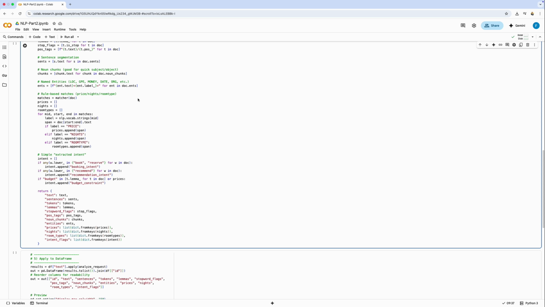After the statistical passes, we add rule-based matches by calling matcher(doc). This returns a list of matches. Each match has a label ID and start/end token positions. We translate the ID back to a string label, for example price, and extract the text span. We store matched spans in 3 lists: prices, nights, and room types. This hybrid approach, statistics plus rules, gives you flexibility. NER will catch many standard patterns, but your rules can guarantee coverage for business-specific phrasing like under $40 that you